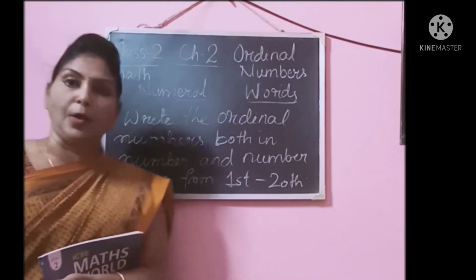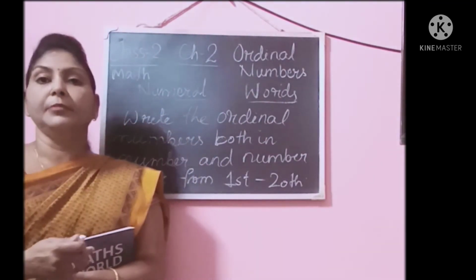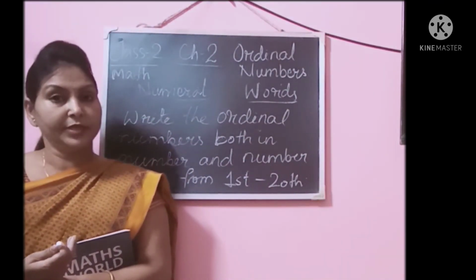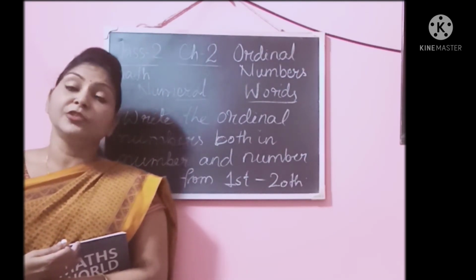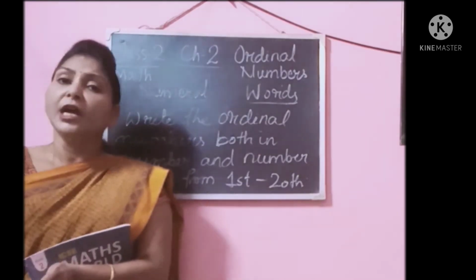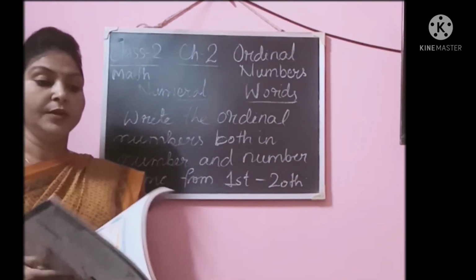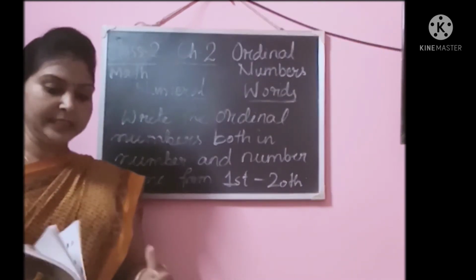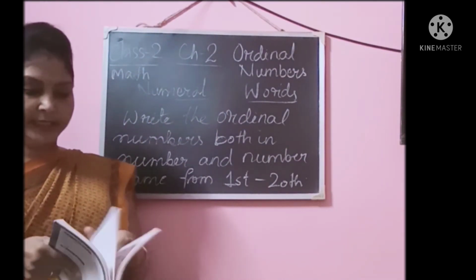Now let us see, in the book we also have an exercise related to this topic. You can see here, on page number 40, exercise number 2.2. All of you can see here, this is exercise number 2.2 and the page number is 40. You can see here, count from the left, you have to count from